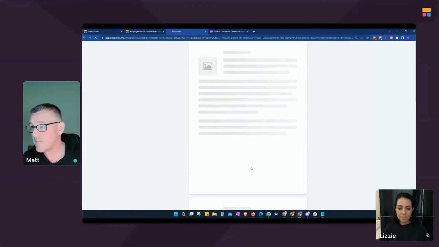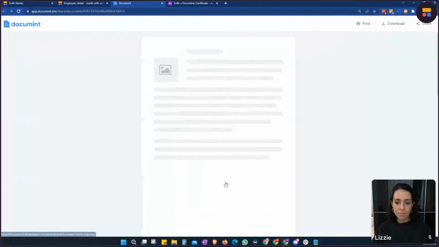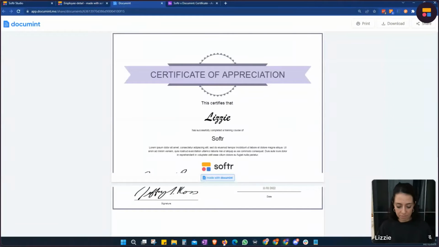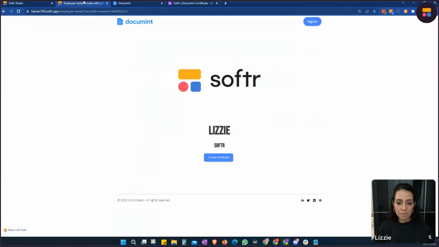When we click that, it opens another window for us. And the document will take a second. Oops, we're slightly off on our alignment there, but we can easily fix that back in our designer. So maybe if we have time, we can do that. But as simple as that. And if we refresh this now,